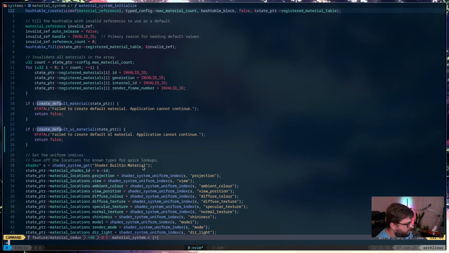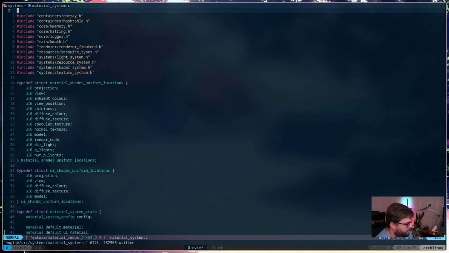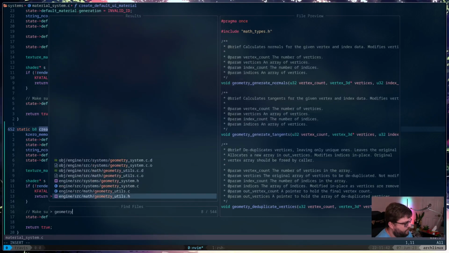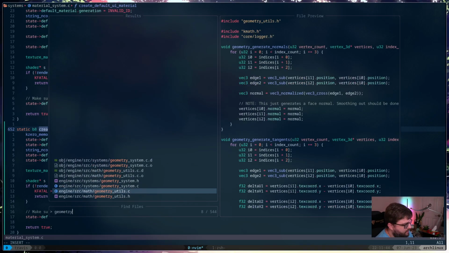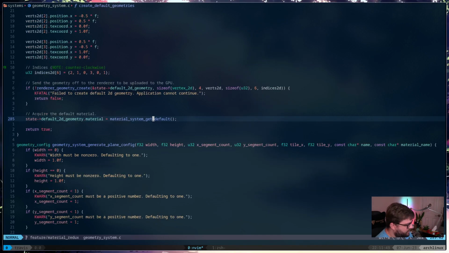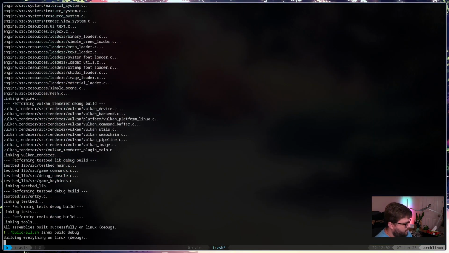Okay. So, was it geometry system that I think was doing that? Yeah, create default geometries. This should be default UI. Build.